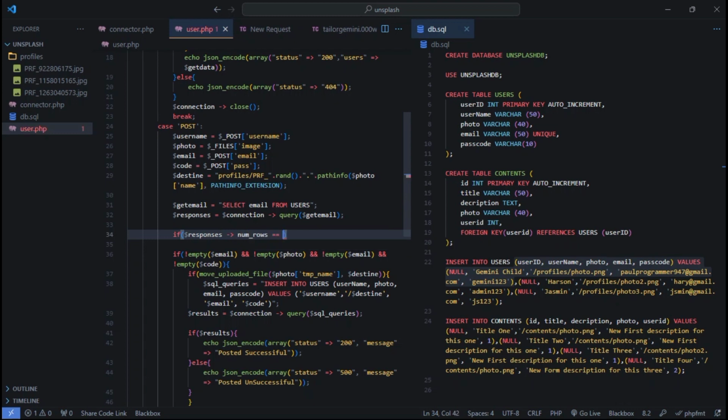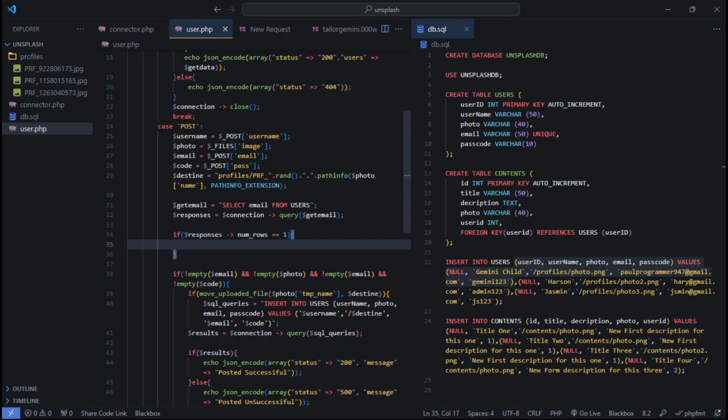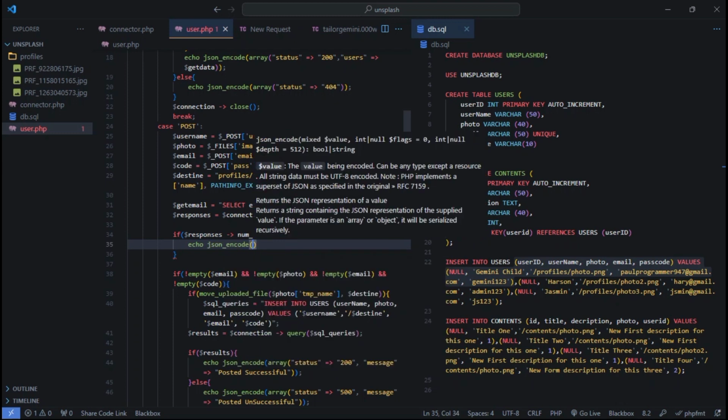Okay, if this response with num rows is equal to 1, then echo json encode an array,